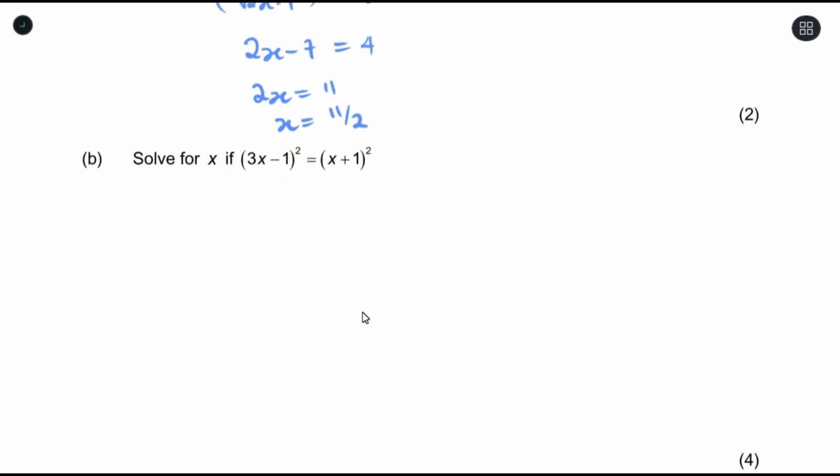Question B here says solve for x if (3x minus 1) squared is equal to (x plus 1) squared. Now, there are two ways of answering this. We could square root both sides, right? And we could also expand, then we try to simplify. What I'm going to do for this question is I'll first of all open out the bracket by expanding. Basically, this means that this is